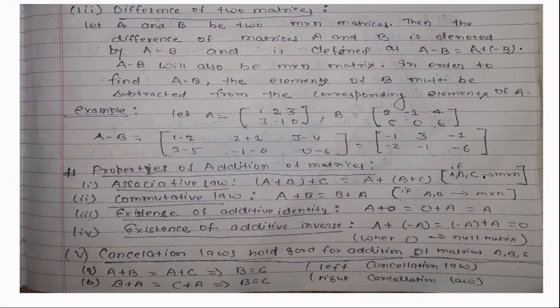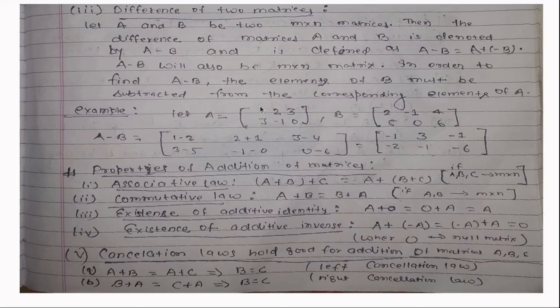Just like when we perform addition, similarly here we perform subtraction. Here is an example. Let A be a 2 cross 3 matrix with elements 1, 2, 3, minus 1, 0, and let the elements of matrix B be 2, minus 1, 4, 5, 0, 6. So here A minus B is 1 minus 2